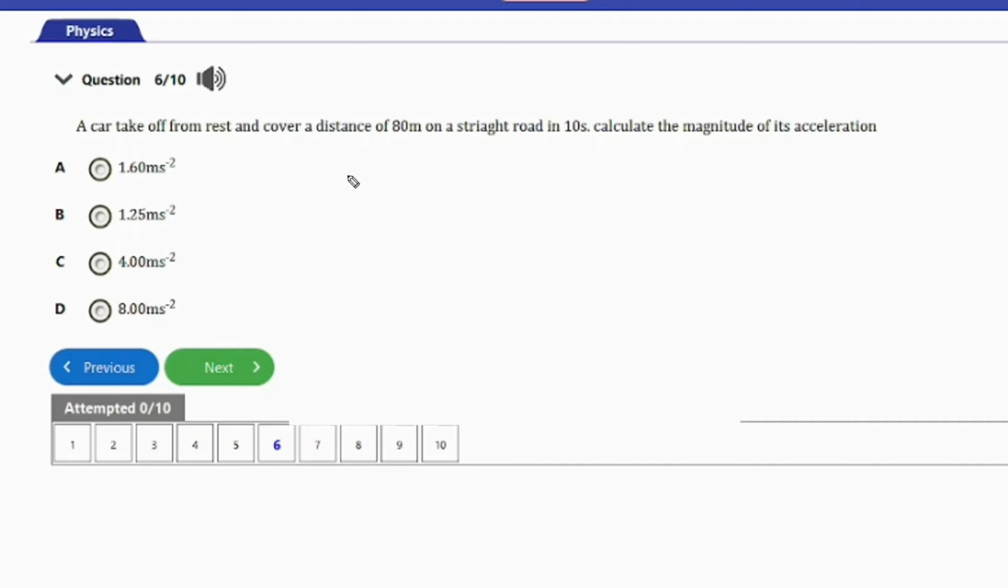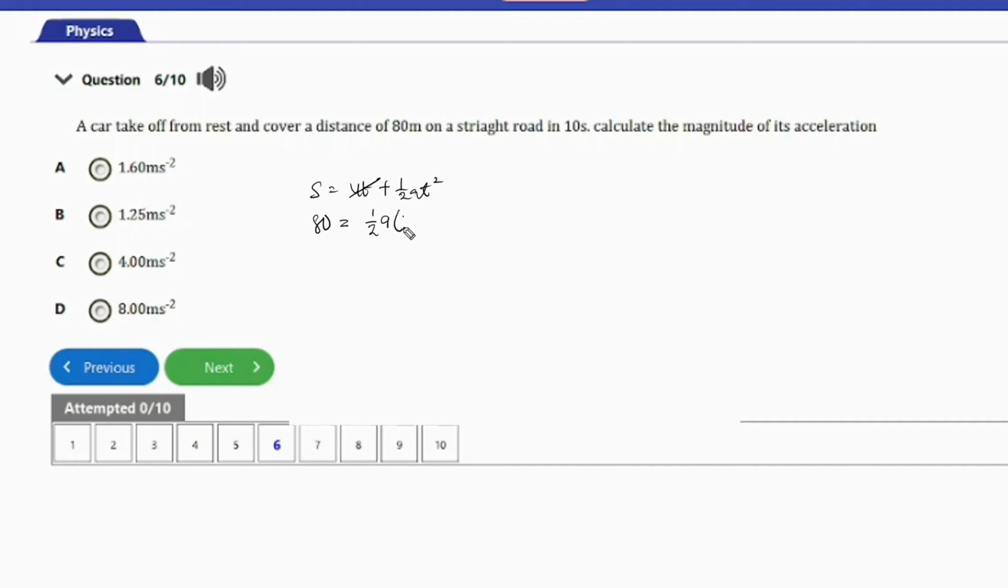So if we employ the formula s is equal to ut plus half at squared, we are going to have the distance s as 80 meters, then the initial velocity here is actually 0. So in that case, ut can cancel out. So s is equal to half at squared. So s is 80, then a is not given, and that's what we are looking for. So in that case, that will be